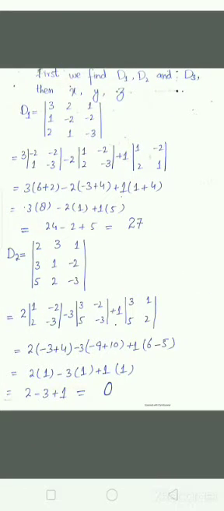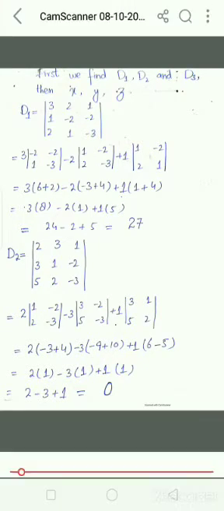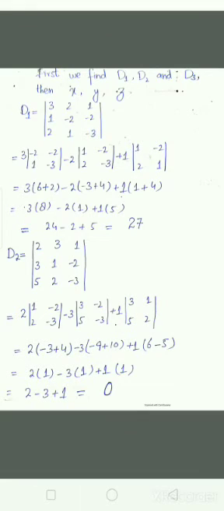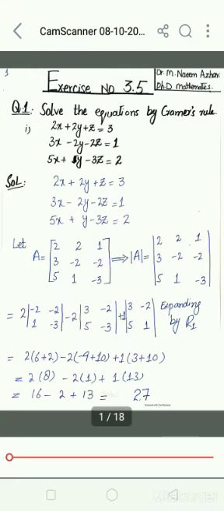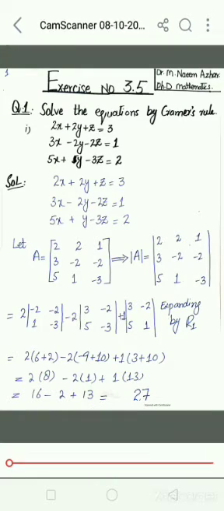In Cramer's rule, first we find D1, D2 and D3, then we find the variables x, y, z. What is D1, D2 and D3? We will learn first what is meant by D1 and what is meant by D2 and what is meant by D3. D1 is obtained by interchanging the first column of A with the column of coefficients which is written on the right side of the equations, that is 3, 1, 2.